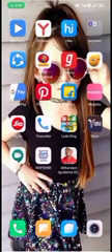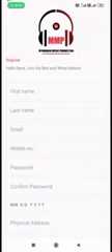So, once you click on the app icon, the app will open and you will see the screen like this. Now, you need to click on the register button and a new screen will appear with the registration form like this. Now, you need to fill the form with all necessary and correct details.